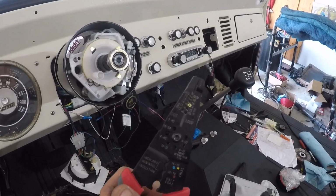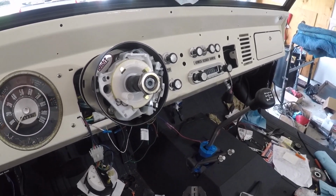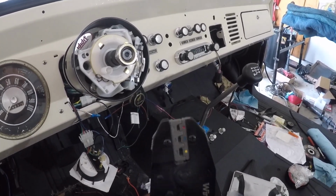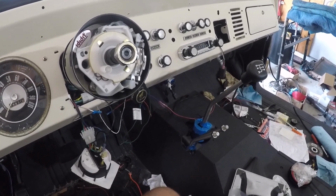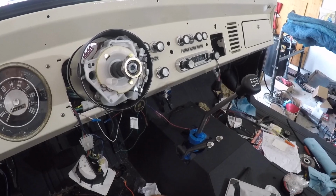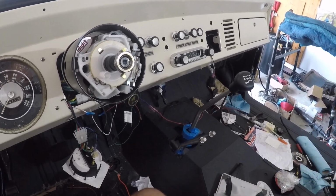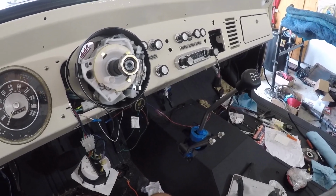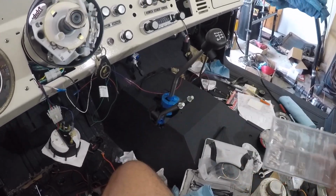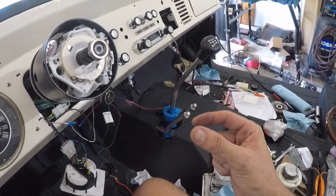Wire cutters and strippers, obviously. The Painless kit comes with a lot of butt connectors, so you want to use a crimper, some crimp style terminals. If you want to go above and beyond, get a soldering gun. I have a soldering gun, but I just wanted to do the butt connectors. I'll solder later. And then their kit comes with actual, this isn't all of them, but connectors to reuse factory harness components. So you can reuse the plastic